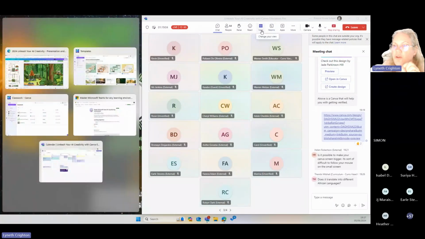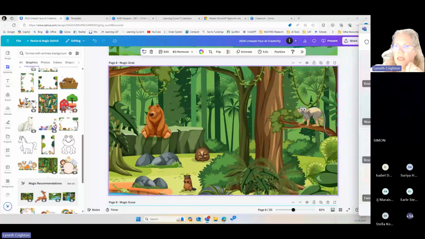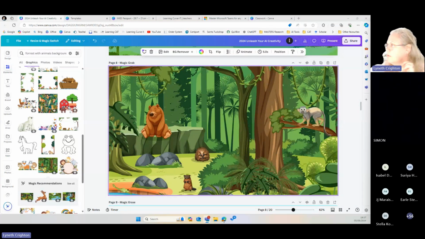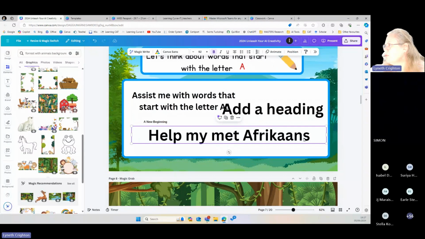You can change your view and try to prioritize, change it to speaker view. It is on presenter mode and screen share.